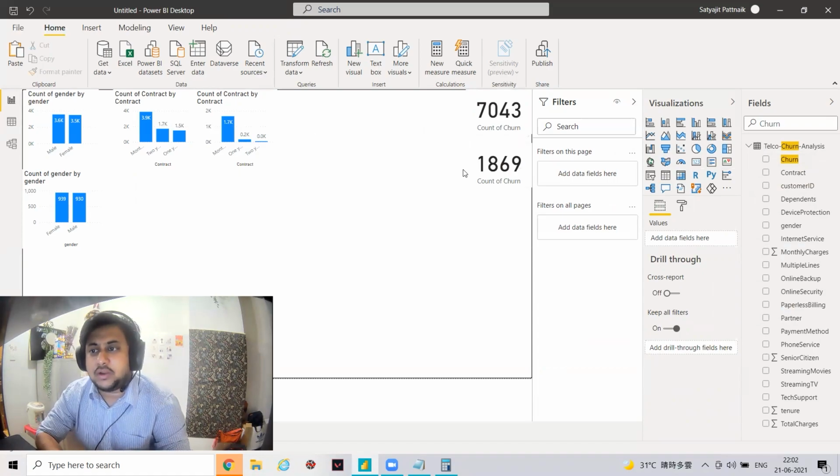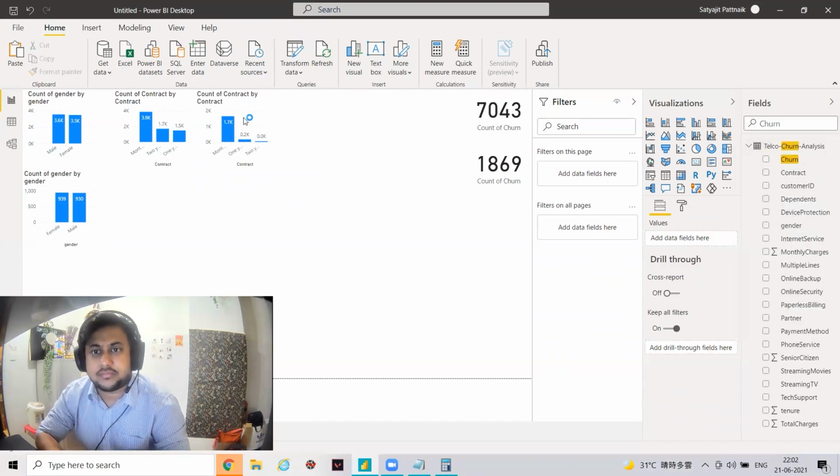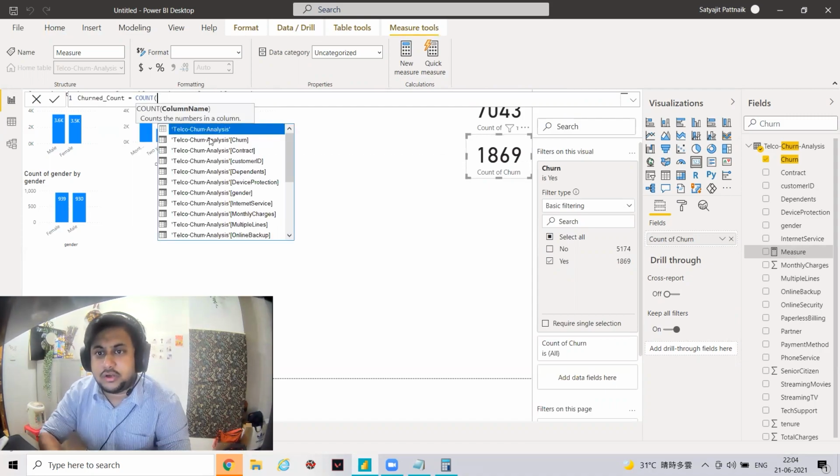Now, if I want to calculate the percentage, how can I do that? Of course, I can create a new measure. Okay, so let's create it step by step. Let's create count of churned customers. Churned count is nothing but I'm counting the total records.